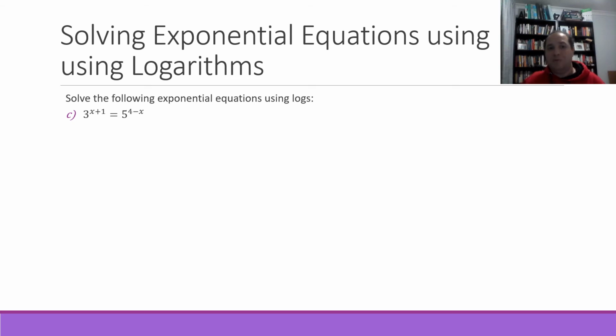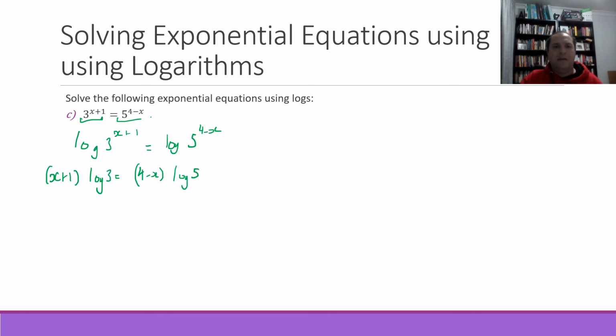Alright, our last example, definitely a complex example. We've got 3 to the x plus 1 equals 5 to the 4 minus x. Alright, so our first step again is just log both sides. We've already got our equation where we've got one exponential term on one side and one exponential term on the other. So logging both sides, log 3 to the x plus 1 equals log 5 to the 4 minus x. Bringing those powers to the front, x plus 1, I'm just going to include that in brackets there because the whole power is coming to the front, equals 4 minus x